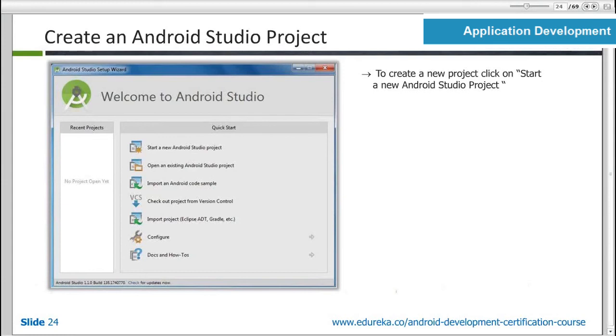But behind the scenes, Android Studio is going to use the SDK. The SDK is not a part of Android Studio. Android Studio is a separate application and the SDK is a separate thing. Behind the scenes, Android Studio uses the SDK for compiling your applications. So it's just an editor. Rather than typing the applications in Notepad, you would always use Android Studio for creating the applications.